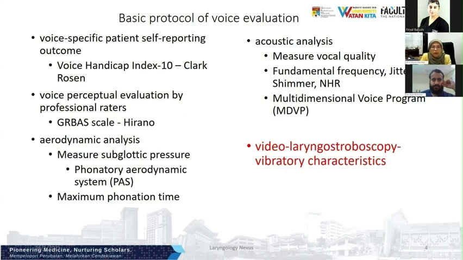Video laryngoscopy is one of the basic protocols of voice assessment. If you have read the paper on the basic protocol published by the European Laryngological Society, this is a list of recommended voice assessments, because if you document all this, your paper will be more powerful, and more than that, you can compare the findings and the results of surgical intervention or any treatment for voice problems. So now we're going to focus on video laryngostroboscopy, which helps you to visualize the vibratory